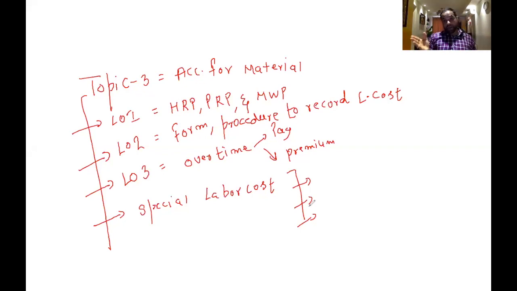And when we talk about pension, it is divided into two parts. One is a contributory plan and the other a non-contributory plan. So in a contributory plan, employee and employer both contribute, right? And in a non-contributory plan, only the company contributes, the employee does not contribute, right? So those are the kinds of things that you need to know about this special labor cost, all right? So I guess it's also finished.